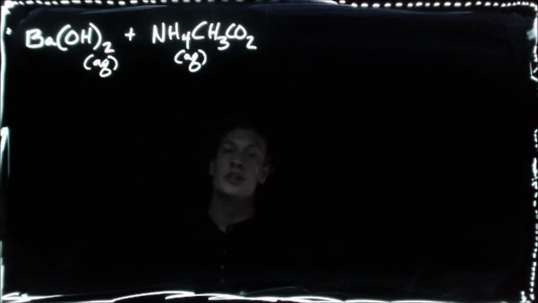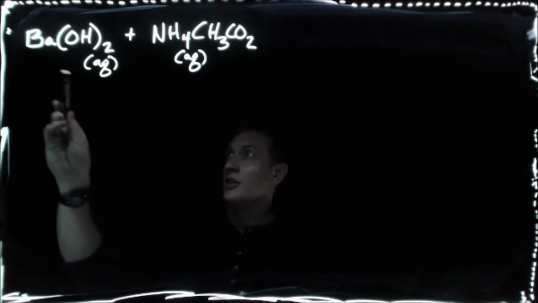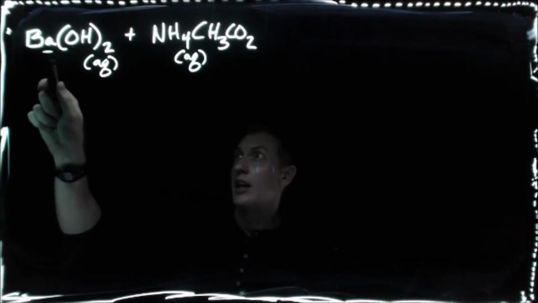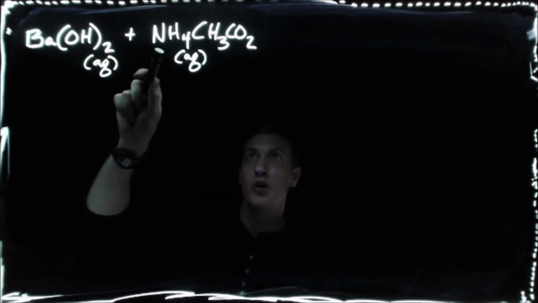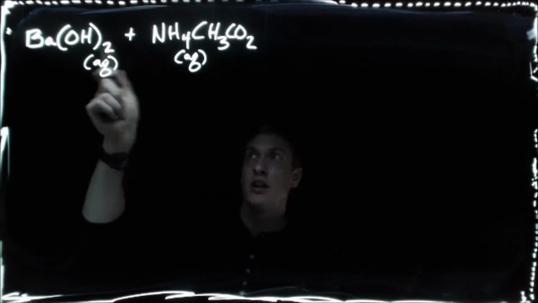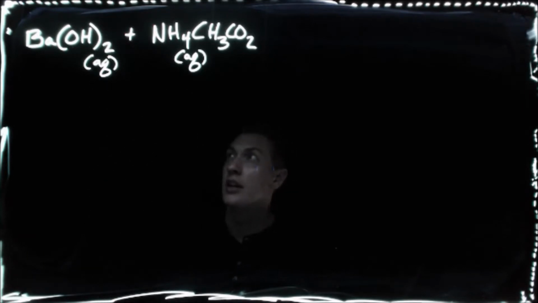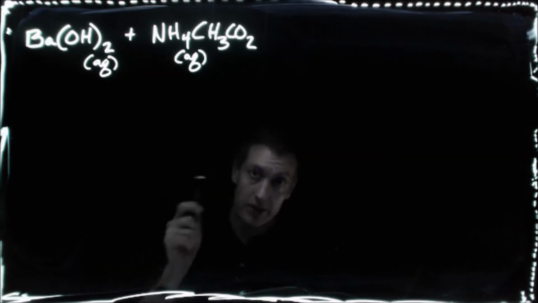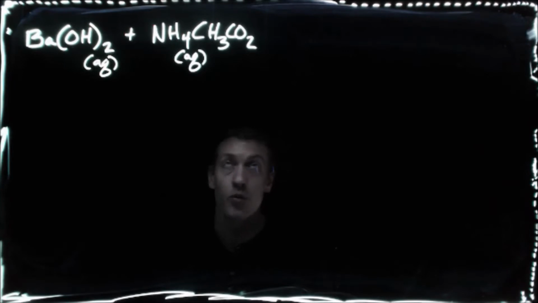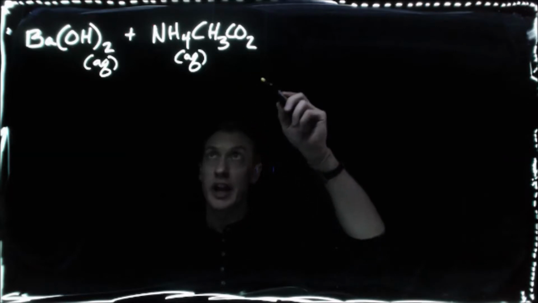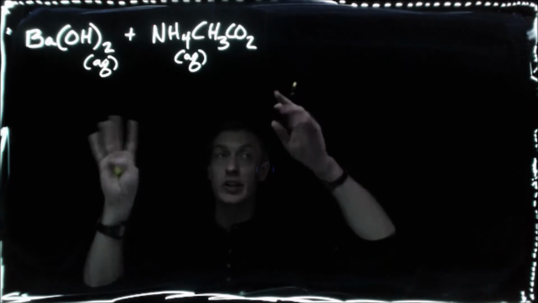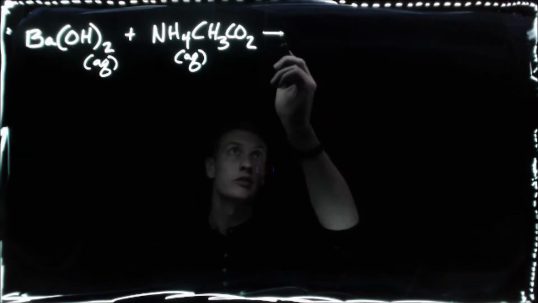All right, let's look at a double replacement reaction. So we're going to take aqueous barium hydroxide and aqueous ammonium acetate and add them together. Now, if I'm not mistaken, my kids, this is number 33 on your homework, so it's a freebie. Now, what's going to happen? The potential products of this: